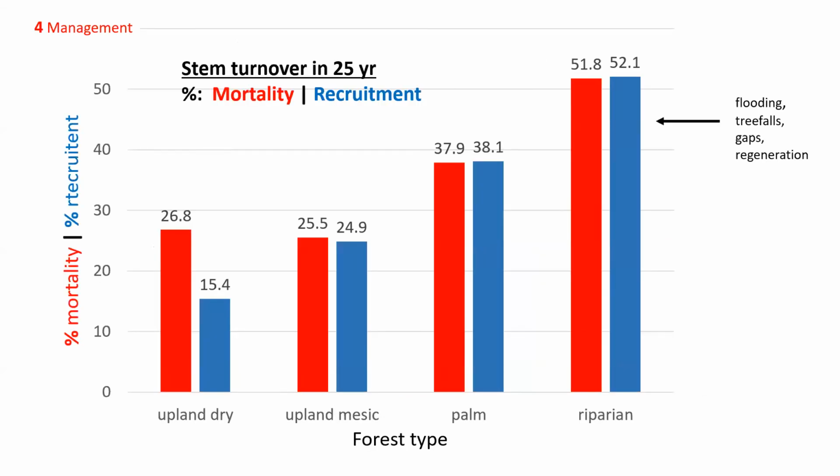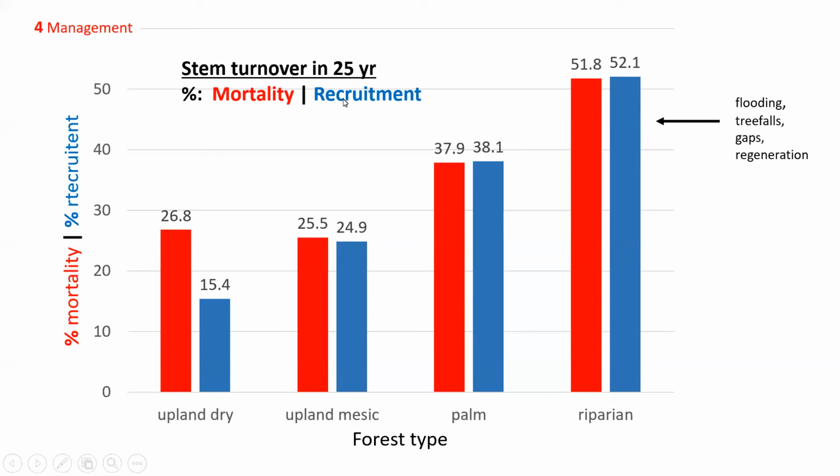We can look at this in terms of turnover too. And there's some pretty interesting things going on here. Again, we have forest type on the horizontal axis. And over here, we have percent mortality and percent recruitment, as shown with red bars and blue bars, similar to the last diagram. By percent mortality, I mean the number of trees that had died between 1991 and the 25-year census. The percent that were there in the beginning but were no longer there, that dropped out.